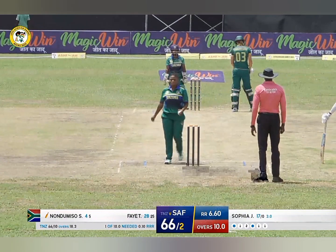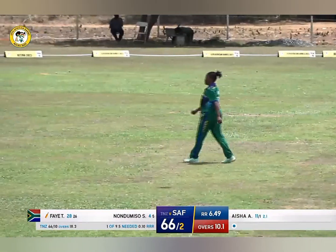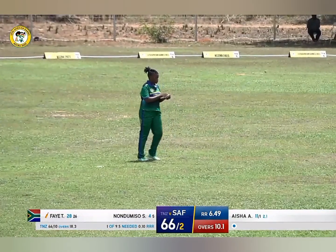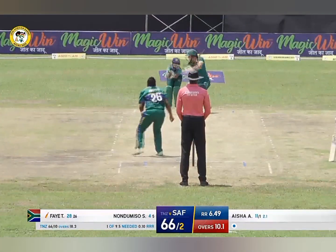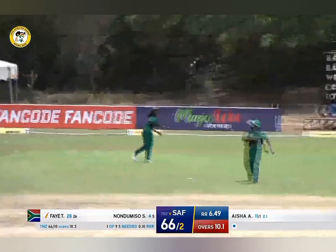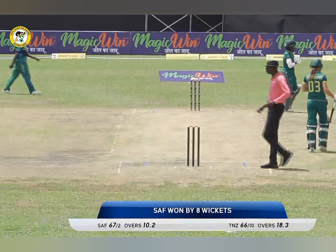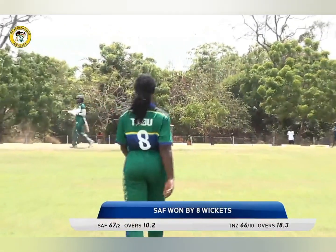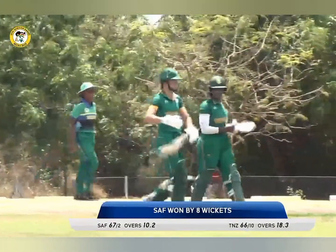Top ball to start off the 11th over. South Africa needing just 1 to seal a victory in this Group A encounter, the 5th match in the tournament all in all. Cut away by Turncliffe, and that will be it. This will be a sweet, sweet victory for South Africa. They will cross over easily, only losing 2 wickets in their efforts to chase 66. So South Africa will take this one home. It'll be high fives